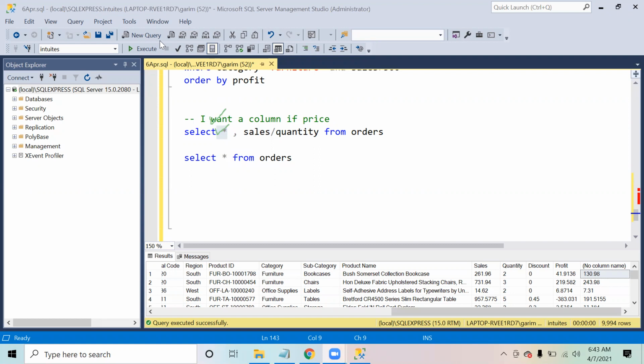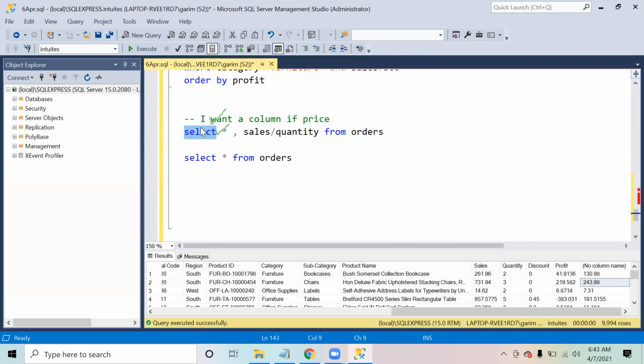Now if you see, this column that we have added has no name coming for it right now. It says no column name, because this is a calculated column. This was not there; it is a calculation we have done on top. Please remember, the select command just shows you the output.